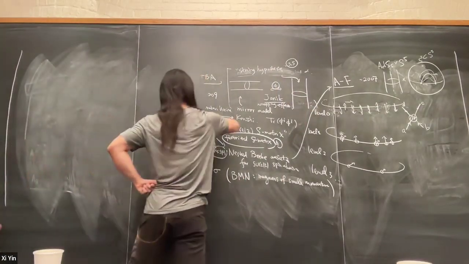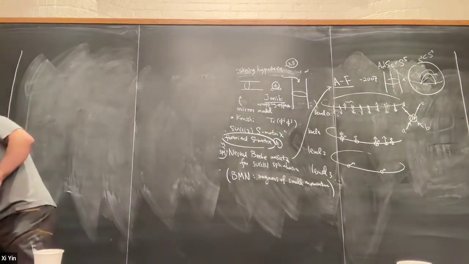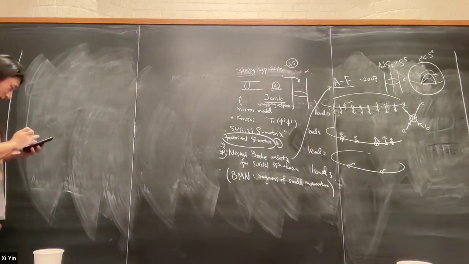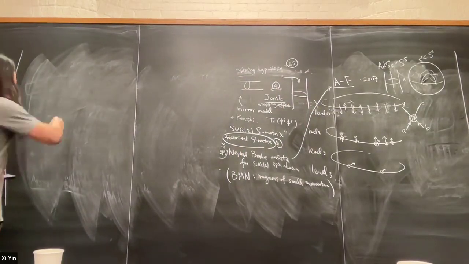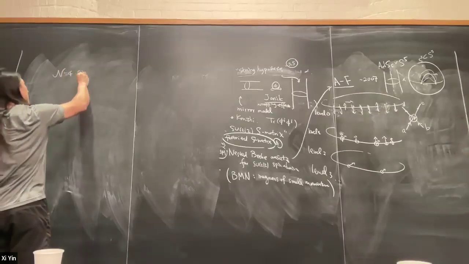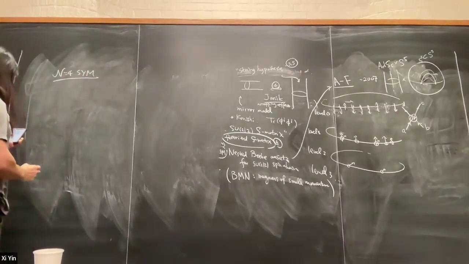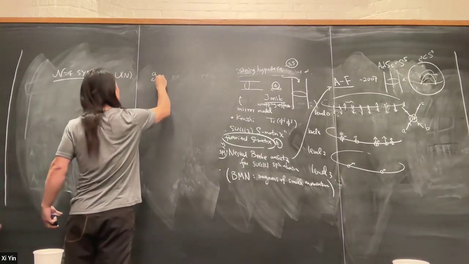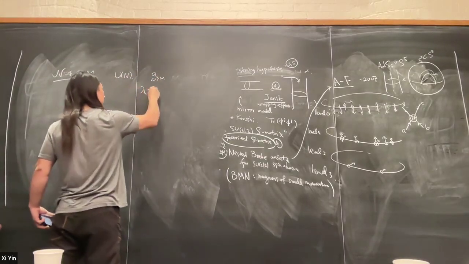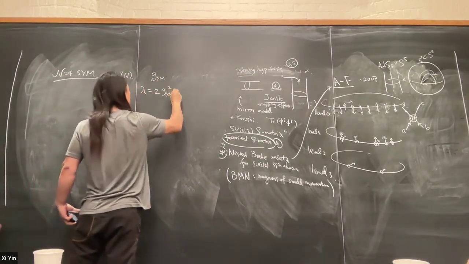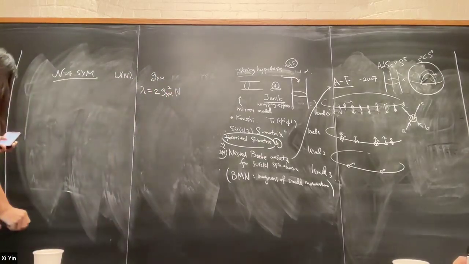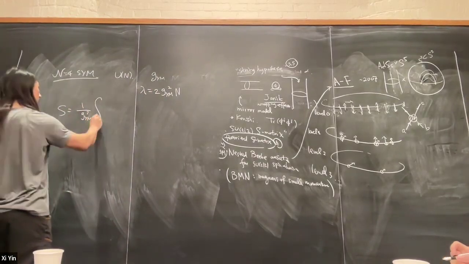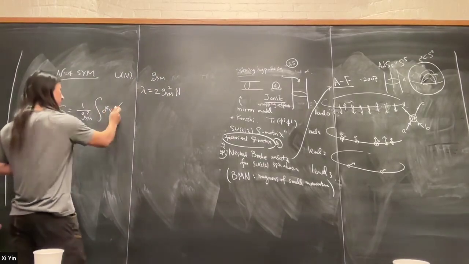We need to start with the N=4 supersymmetric Yang-Mills Lagrangian because we need to label the fields. So we need to set up our notation. We're going to have a U(N) gauge group. There's a Yang-Mills coupling g_YM. In my convention, I'm always going to define the 't Hooft coupling to be twice g_YM squared N, with a specific normalization. So the action is 1 over g_YM squared times an integral. I'm writing this in the Lorentzian convention.